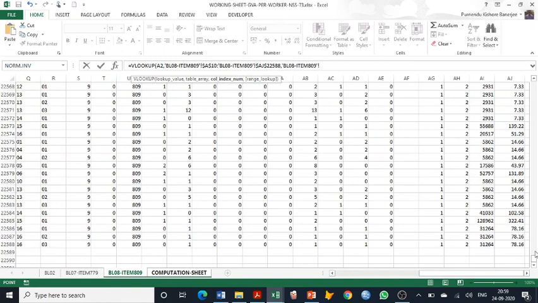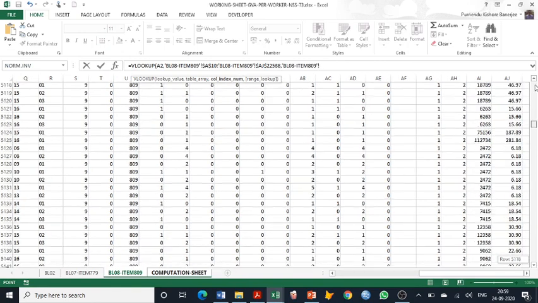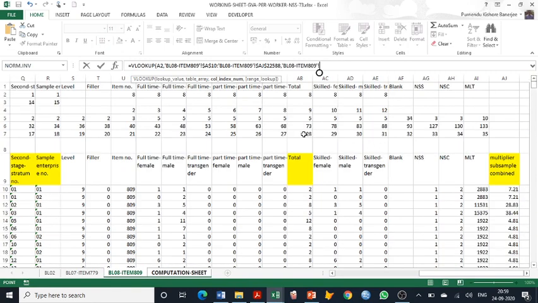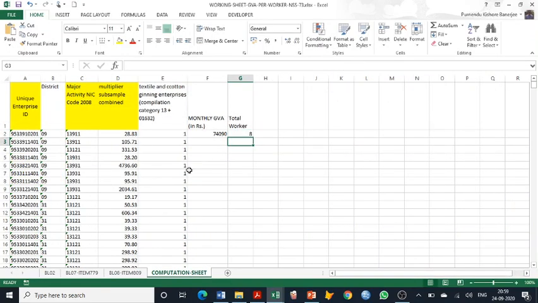We know we will require the total worker, and total worker, the column number is given here. And remember, this column number is in row number 7, which is a constant. So after this we press a dollar between AB and 7. So before 7 we are giving a dollar. So that means it will be, we have got a total worker 8. Let us see whether this total worker is correct or not.